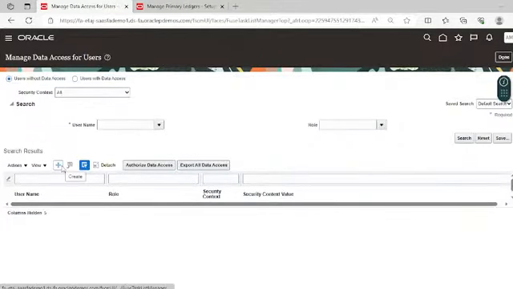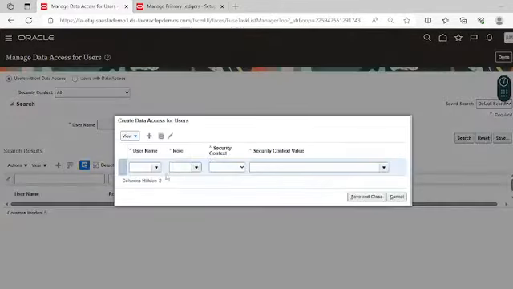For providing the new data access for new roles, you have to click on this create icon. Search for the username here to whom you want to provide the data access. This is our user, and these are the roles that we have provided to this user. And on the basis of these roles, we will provide the data access set access.